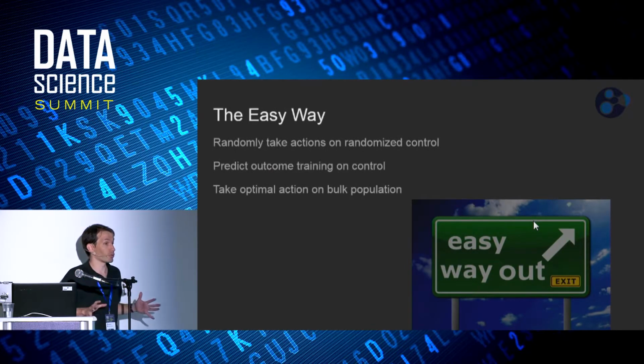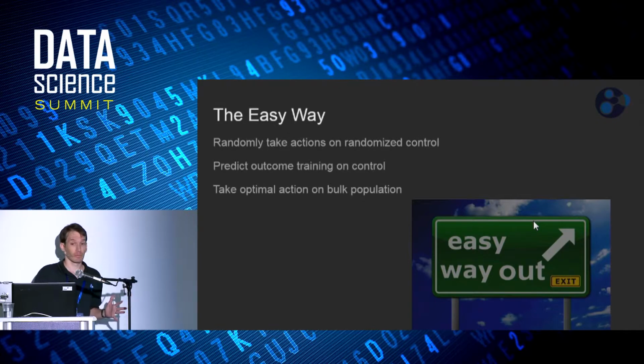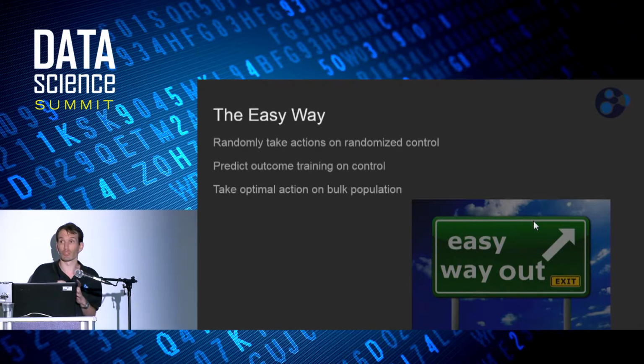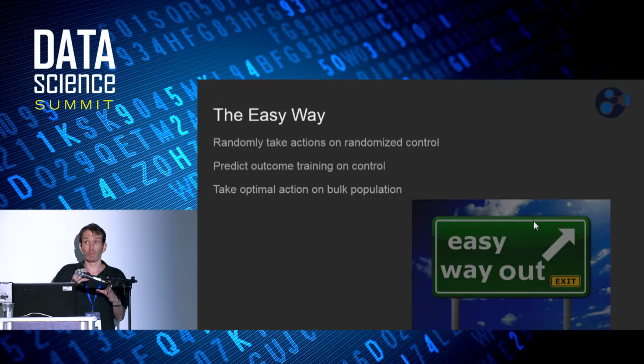So the easy way out of minimizing this transfer gap is we do a randomized study. We take a subset of the population, we act randomly. This works very well in ad tech when we have many tiny actions with low costs. So we take a small segment, we'll serve randomly, we'll learn only on the random segment. We won't learn from the segment which was not in the randomized study. And then we believe we will have common support.